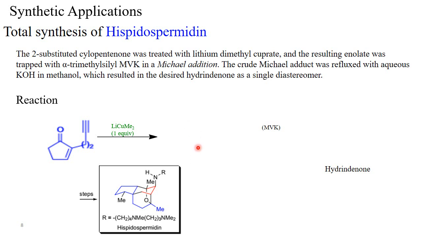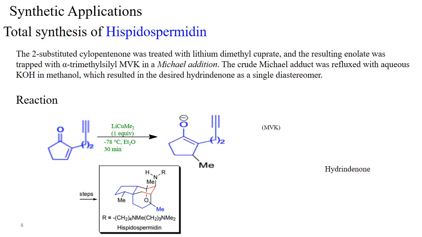See the reaction, the general reaction, what is happening over here. This is 2-substituted cyclopentanone. When it is treated with lithium dimethyl cuprate, an organometallic compound, the temperature for the reaction is minus 28 degrees centigrade. The solvent is diethyl ether, and anhydrous conditions will be required because we are using an organometallic compound, and the time required for the completion of the reaction is 30 minutes.